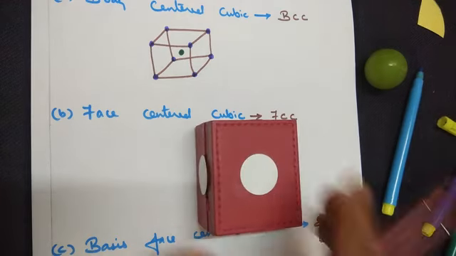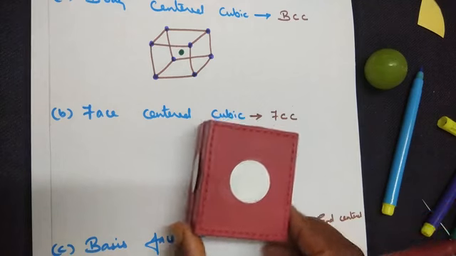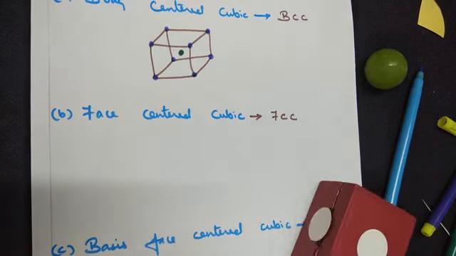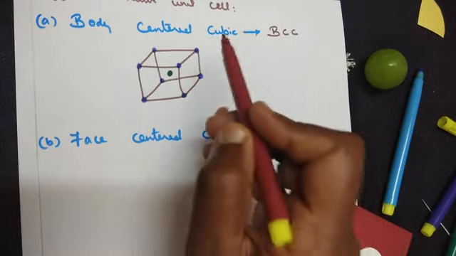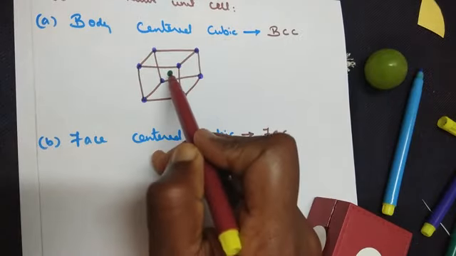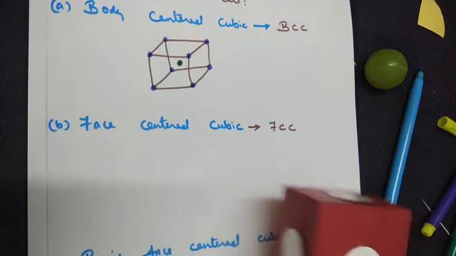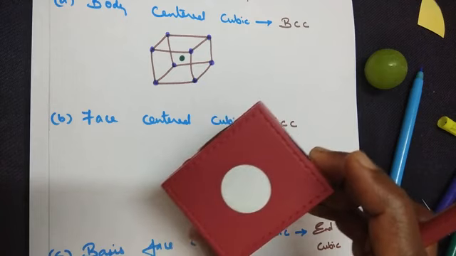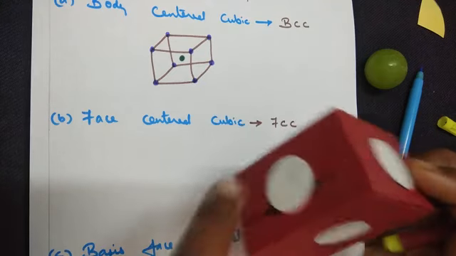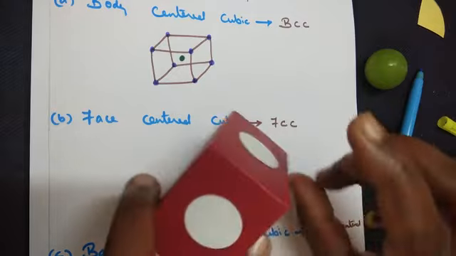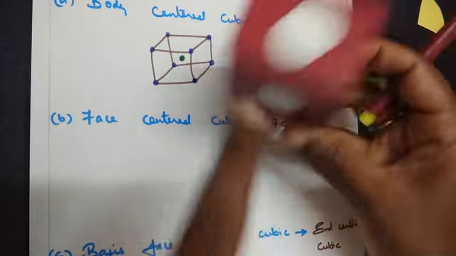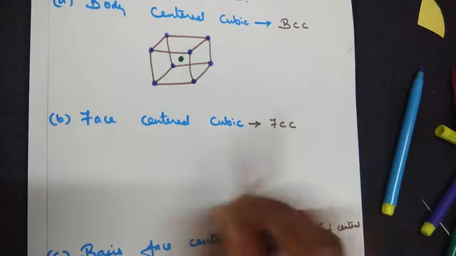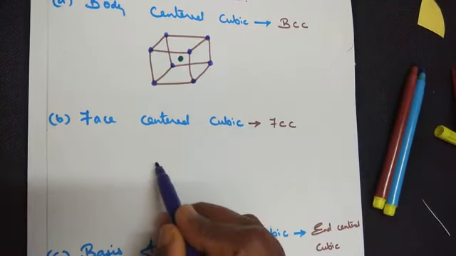Each face will have one lattice point in the middle of it. When we say body-centered, there is an additional lattice point exactly in the middle of the unit cell. When we say face-centered, each side will have an additional lattice point: 1, 2, 3, the 4th one, similarly the 5th one and the 6th one. So all 6 faces will have an additional point. Let's do it in terms of a diagram.